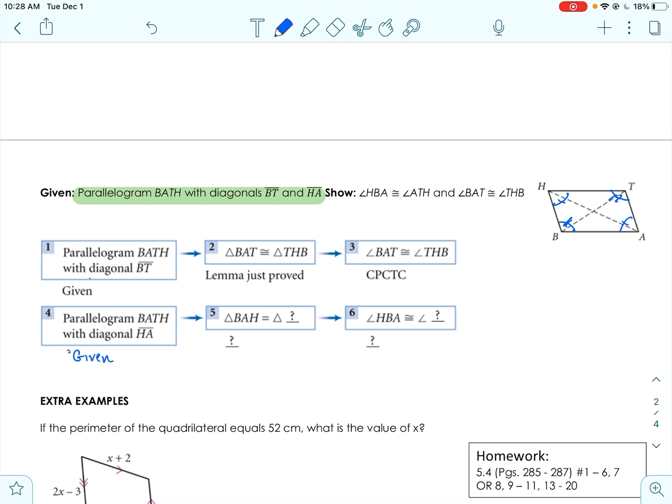Then we have triangle BAT is congruent to triangle THB because we know the diagonal creates two congruent triangles when you draw a diagonal in a parallelogram. So that's what we just proved. So we have that. Then if you look at triangle BAH,